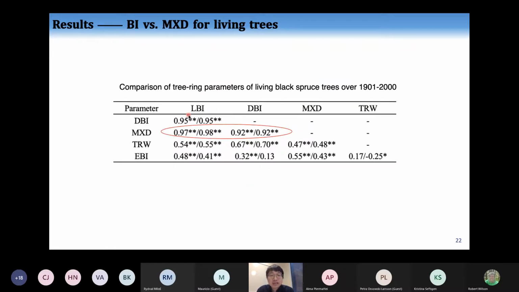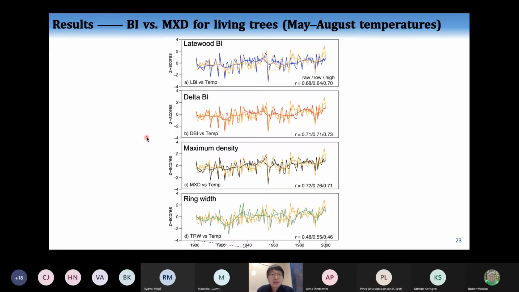The table shows a comparison of the 4 parameters over the last century, and we can find that the 2 blue intensity parameters are highly correlated to X-ray density data, with correlations higher than 0.90. And the latewood blue intensity showed particularly high correlations with X-ray density data. I also compared the tree ring chronologies against May to August temperatures, but I found that MXD data, the X-ray density, still shows the highest correlation with the temperature targets. The correlation is about 0.72, followed by 0.71 for delta BI, 0.68 for latewood BI, and lastly only 0.48